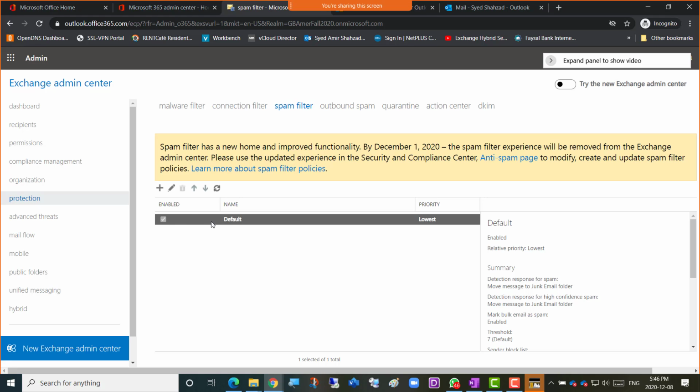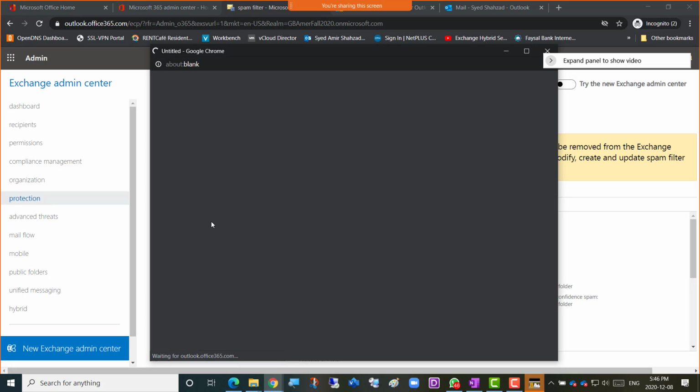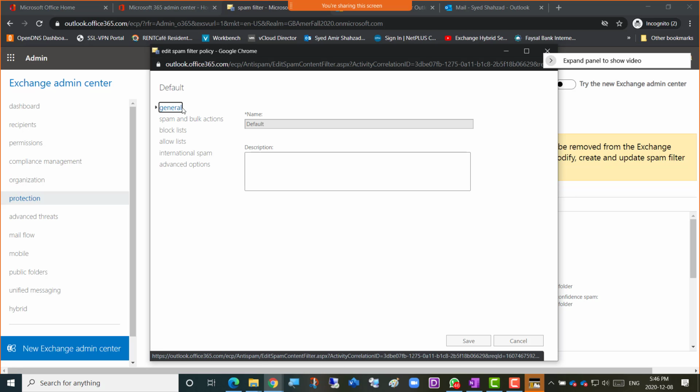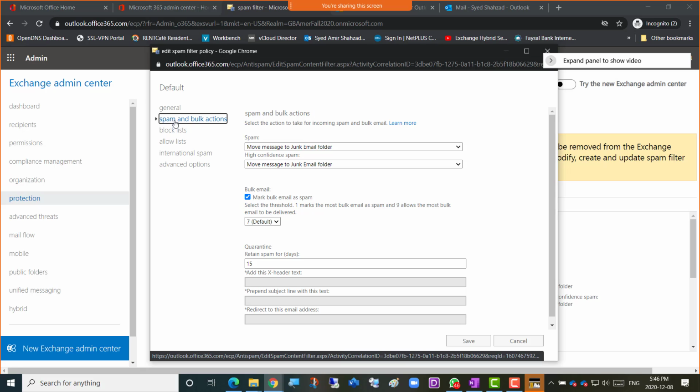So I'm just going to double click that spam filter here. Now we see some of the options there, like spam and bulk actions, block list, allow list, international spam, advanced options, right? So if you go for spam and bulk actions,